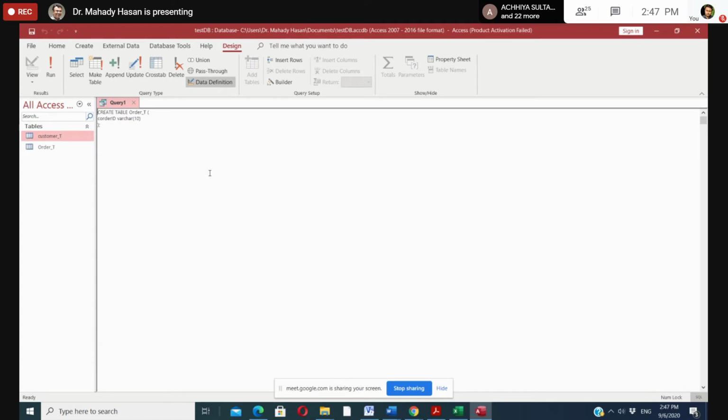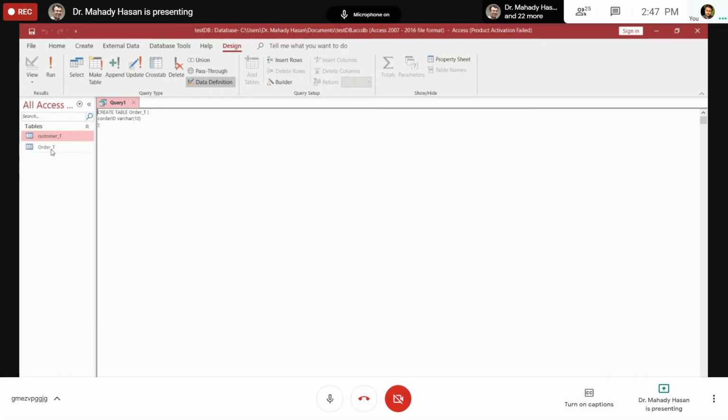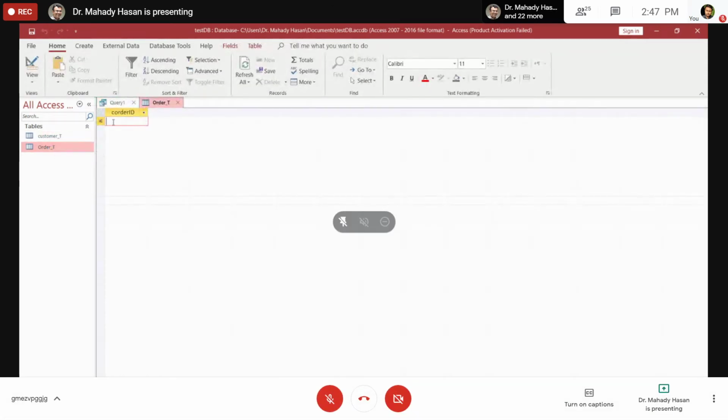So now you can see I have created a table with the command and the table has occurred here, right? দেখতে পাচ্ছেন? If I go to this table, you can see the table contains only the order ID. Okay?